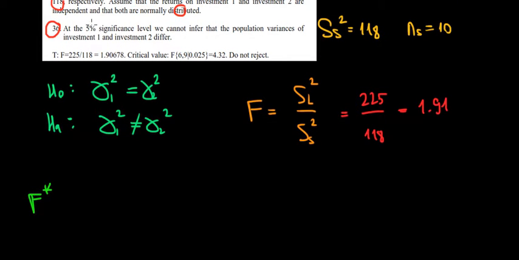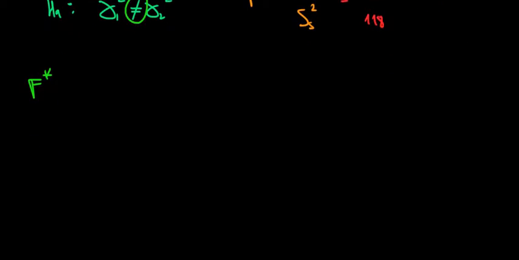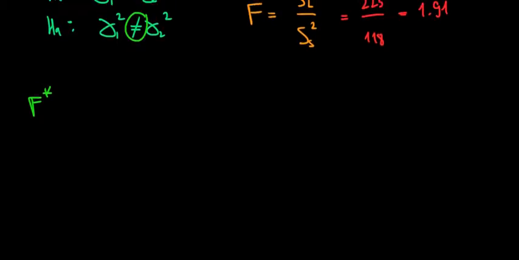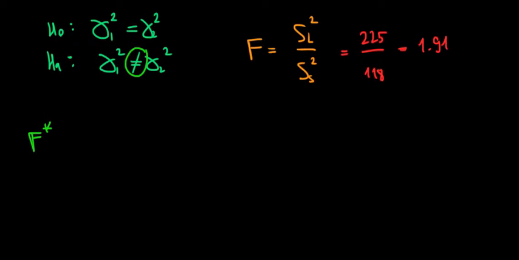So we're testing at the 5% significance level, but because it's a two-sided test on variances, we're going to divide the critical value into 2. Let me put it like that to see the values. So we'll have 5% divided by 2, and then we have the degrees of freedom, which is the number of observations of the larger sample variance minus 1, and the number of observations of the smaller sample variance minus 1,